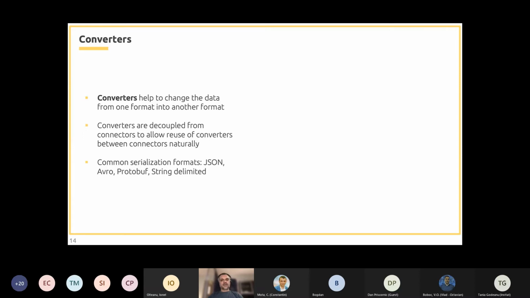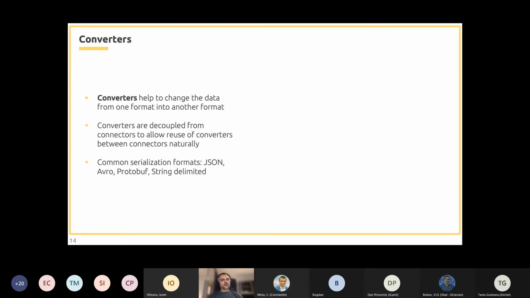But this data format is very important for our applications and for Kafka Connect as well, in order to understand our data and to be able to process it. And for this purpose, Kafka Connect is using converters to change our data from a specific format to another.